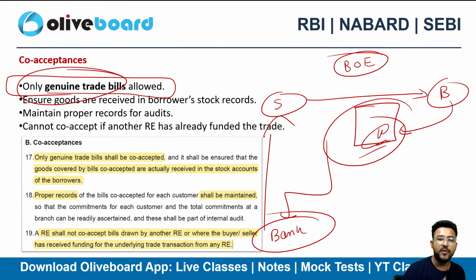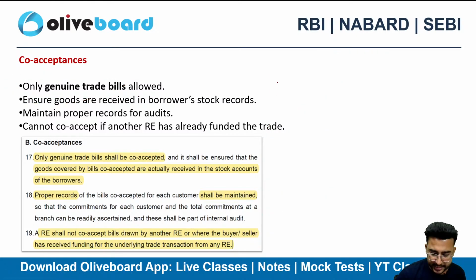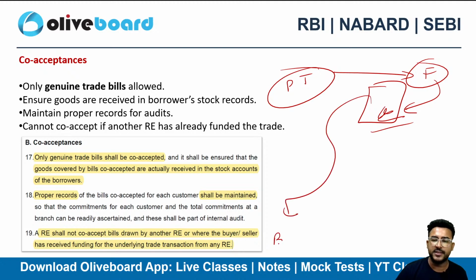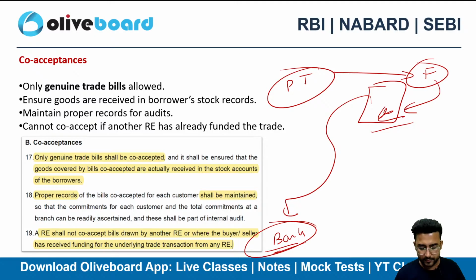What if it is a dummy transaction? By dummy transaction, I mean that there is no seller and no buyer. Me and my friend, what we did is, I have just drawn a bill on my friend. My friend signed it, and now we are going to the bank for discounting. We just need immediate liquidity. That's why we did this particular transaction. This is called an accommodative bill.